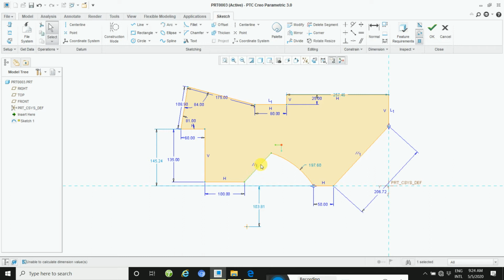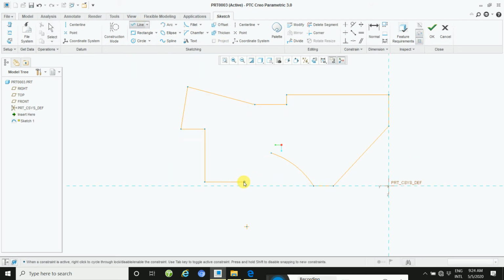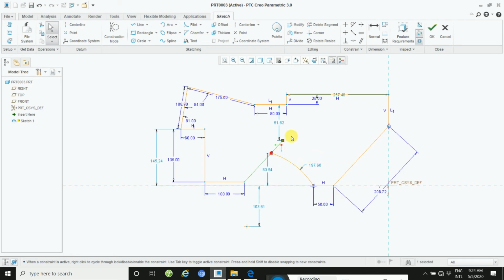So delete this line, but this relationship is here. Okay, so delete this line and take a times. Okay, this way.